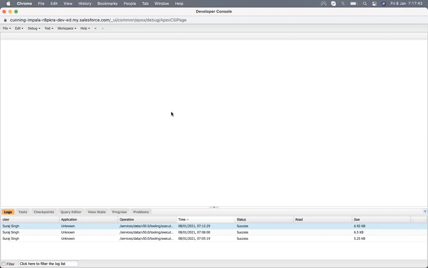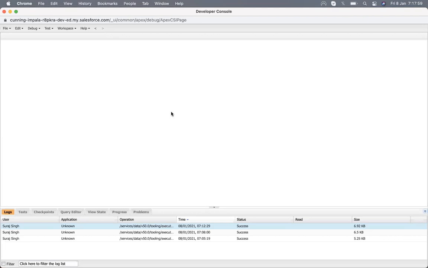Whenever we have to make an interaction between the database and our UI, we need to use Apex, and in that Apex we need to declare a class that will act as a controller.